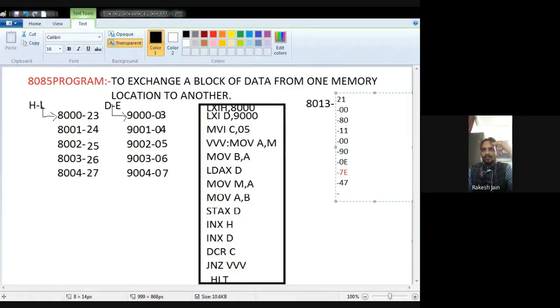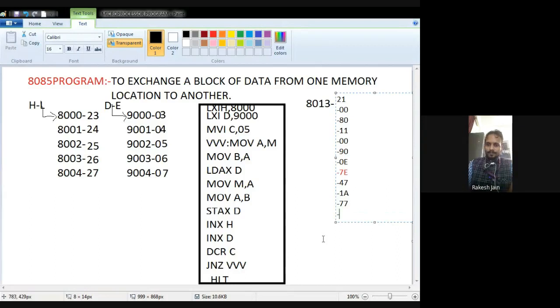Then next memory location LDAX D. LDAX D code is 1A. Then move M comma A. The hex code for move M comma A is 77, from the hex code table.